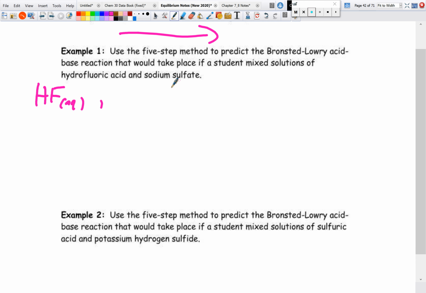Now next we have our sodium sulfate, so this is going to break apart into the sodium ion because it is ionic, and our sulfate ion is SO4 2-, and because these are solutions, we have H2O. So it's listing all the entities present in solution as they appear. Now next we're going to go to our data booklets and figure out which ones are our acids and which ones are our bases. But even before we do that, we can scratch out our metal ion, because as mentioned up above, metal ions are not acids or bases, they are spectator ions. Now the fact that hydrofluoric acid has acid in its name, we know this can act as an acid. Now as for the sulfate ion,